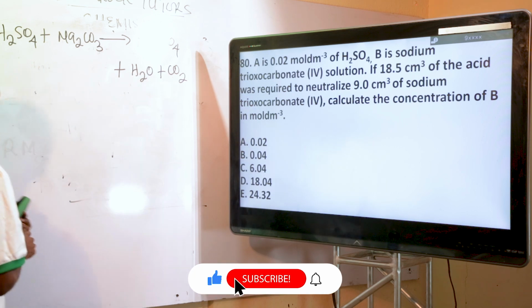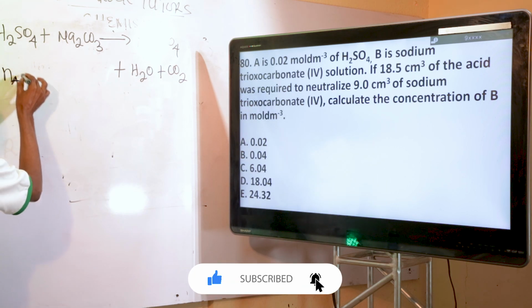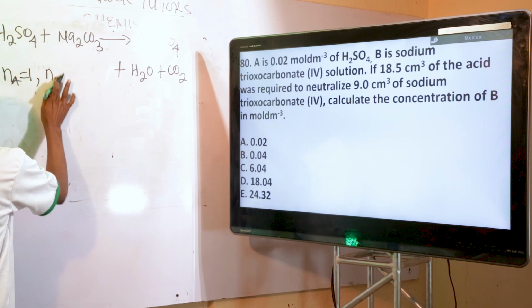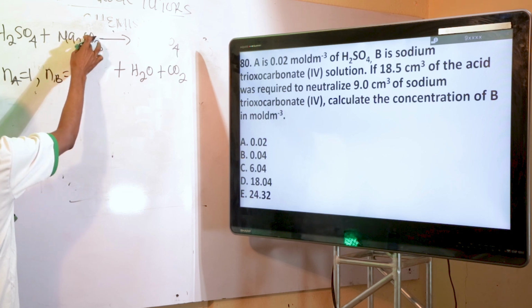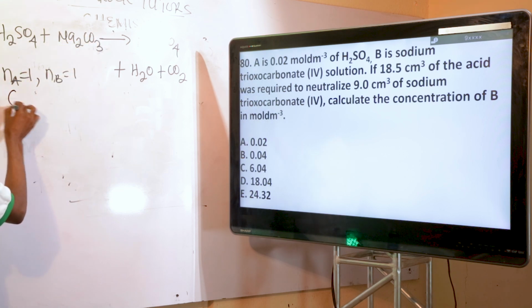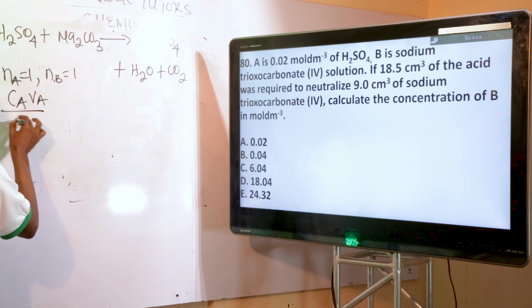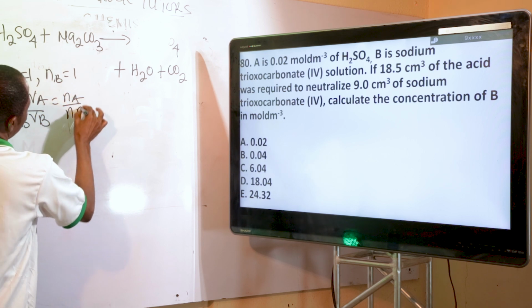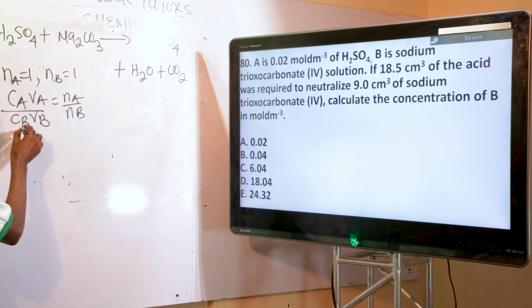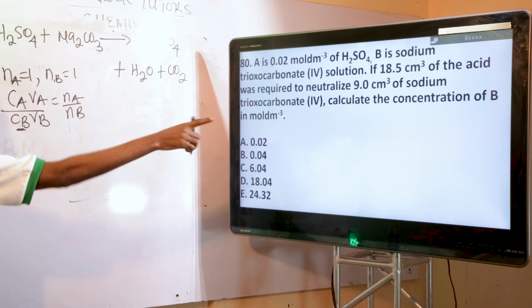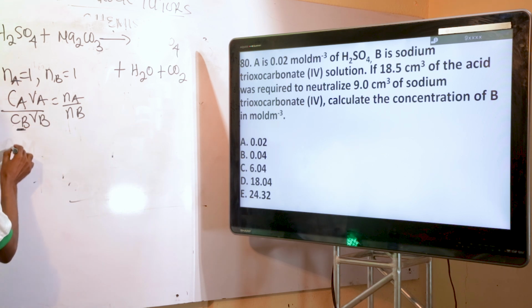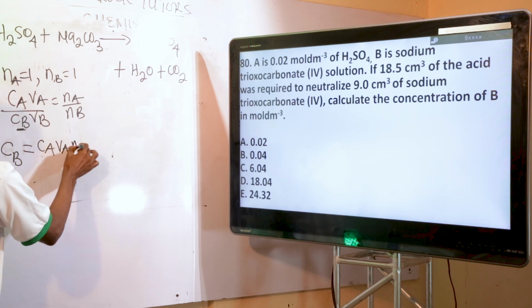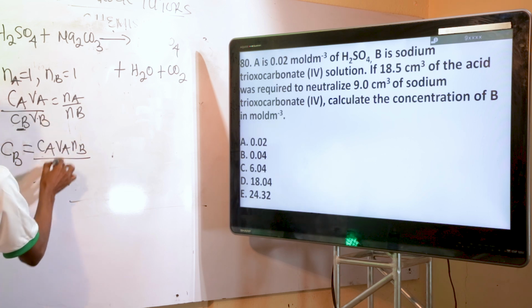Which means that the mole ratio of acid is 1, and then the mole ratio of the base, which is sodium carbonate, is 1 here. And we remember the famous formula CaVa over CbVb is equal to Na over Nb. What do we want to calculate here? We need to calculate the Cb, that's the concentration of B. So if you make this the subject of the same formula, we now have Cb is equal to CaVaNb